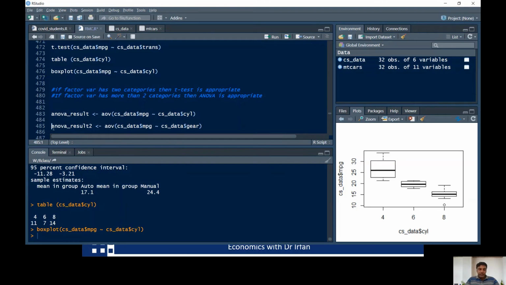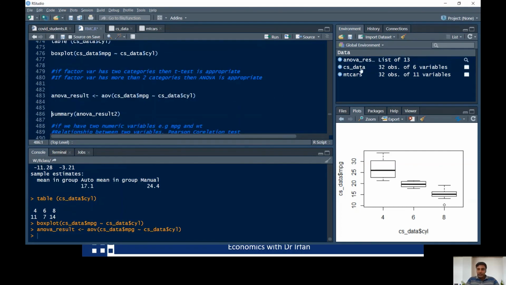For this one, I'm going to remove the below command, so just run this one. This is the name of the output you want to save. You can name it whatever you want, and then assign it to aov, which is the name of the command, cs data mpg, and then tilde cs data cyl. Run this one. See, in your environment window,